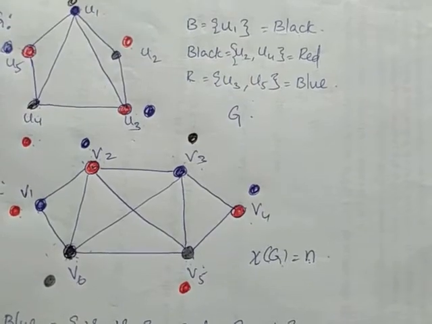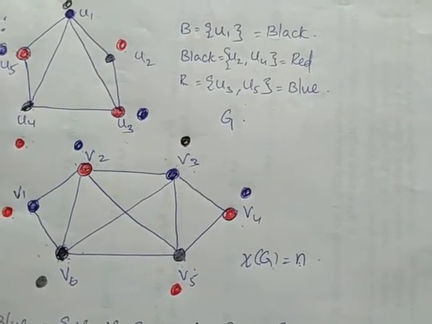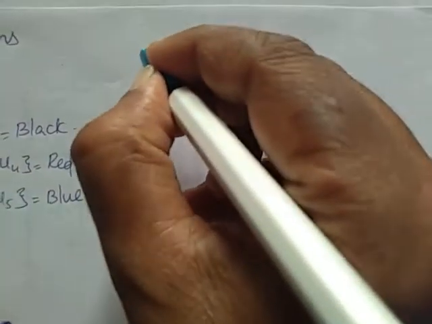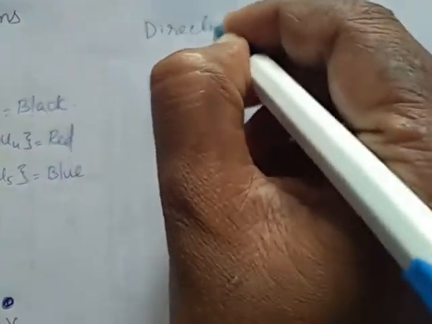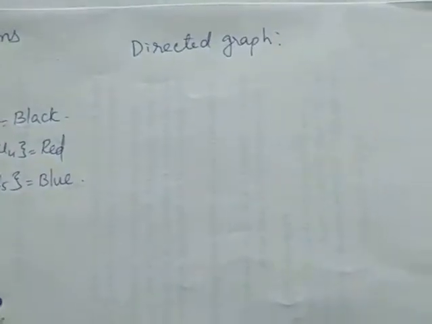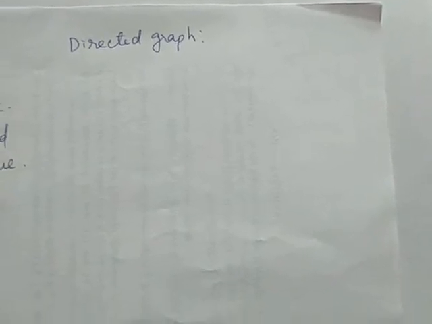Now we are going to study directed graphs. I know you have already studied directed graphs. So the very first definition is directed graph. What is a directed graph? A graph D consists of a finite set of vertices and a collection of ordered pairs of distinct vertices. Every graph will have vertices and pairs of vertices. It means edges connected between two vertices.